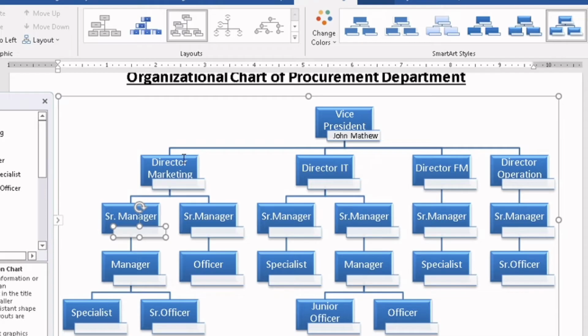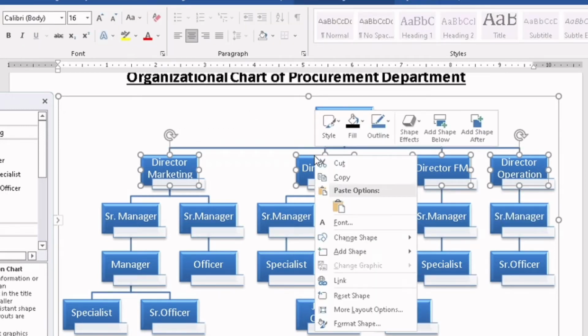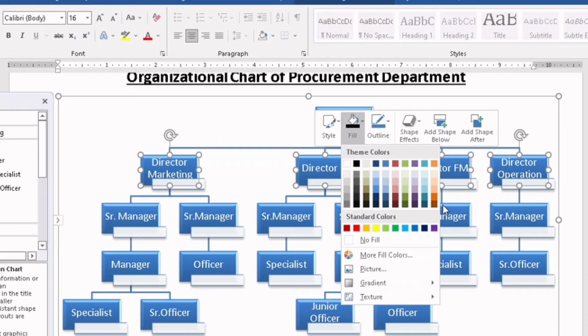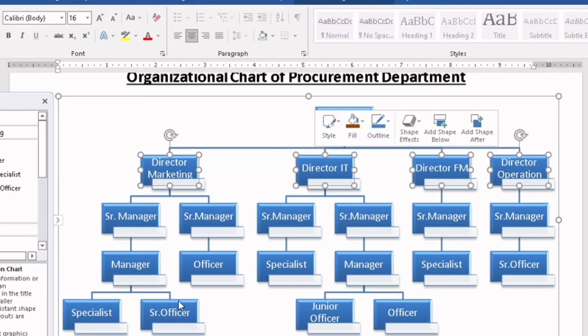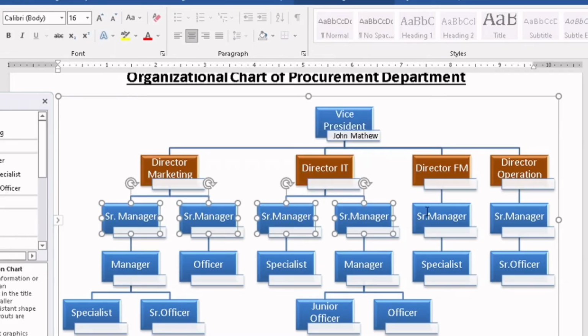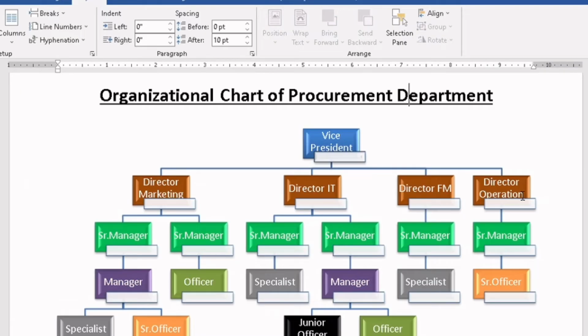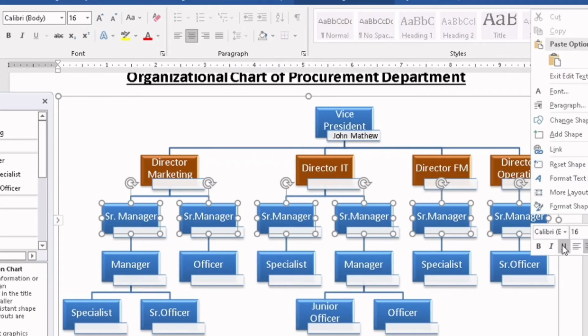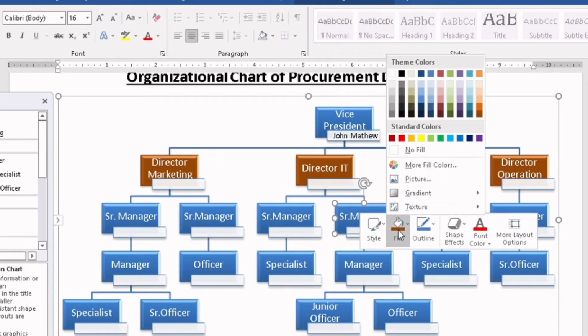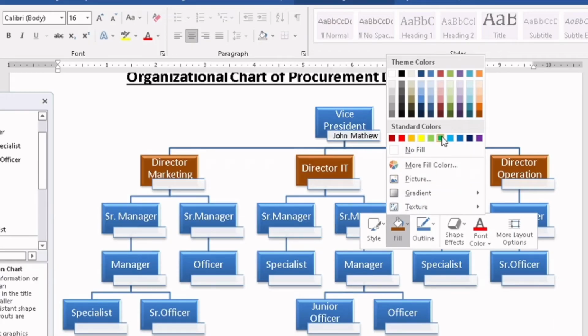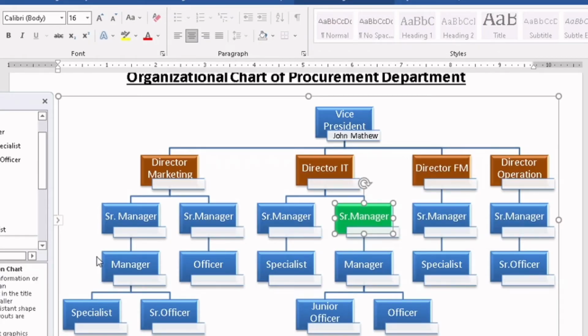So blue for vice president and director, which I need to color code. For that I am selecting all the directors. Then right click, and you get fill options. From here you can select the colors which you want. You can select any color, and I'm keeping it uniform for all directors, and all similar designations will have the same colors. This will be easier for our future references, and it also looks better based on the designation we color coded. So similarly I'm color coding for senior manager, manager, officer, specialist, junior officer, and senior officer,